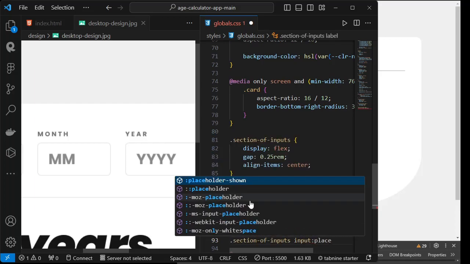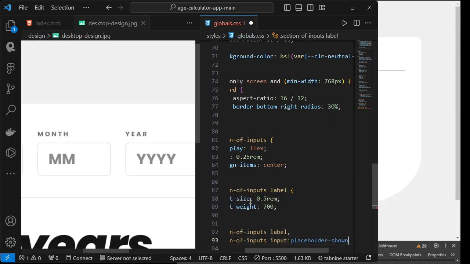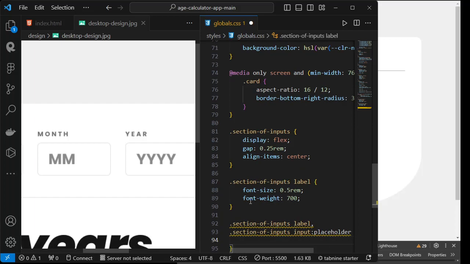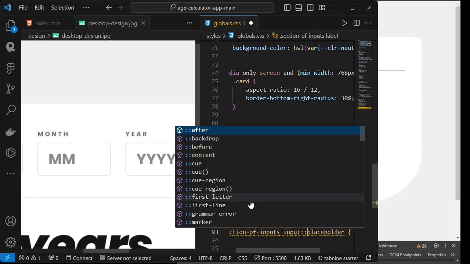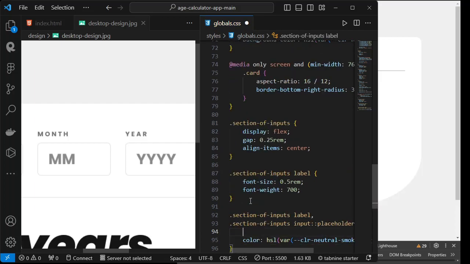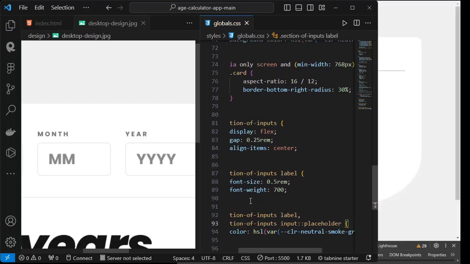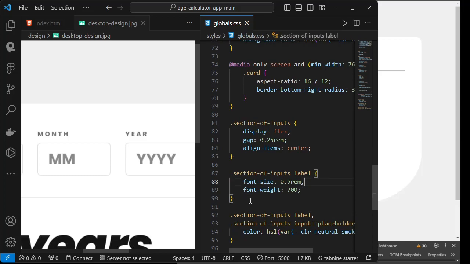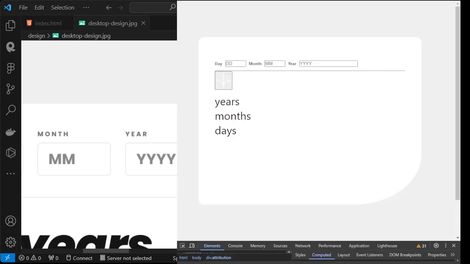So to get the placeholder style, the placeholder of an input, just grab the pseudo selector. So color. There we go. I think the font can be around 0.85. Let's be 0.75. There we go. So now if we check our browser, we are slowly copying